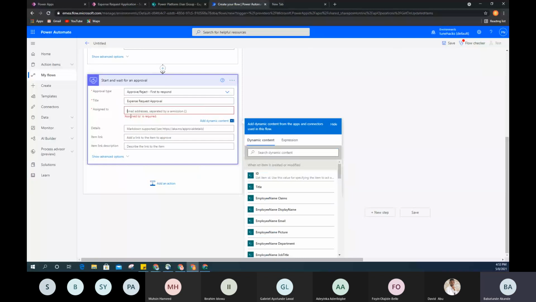The email now, because we want to send it to the manager, right? Just the same way we've been able to automatically select the name of the employee that submitted the